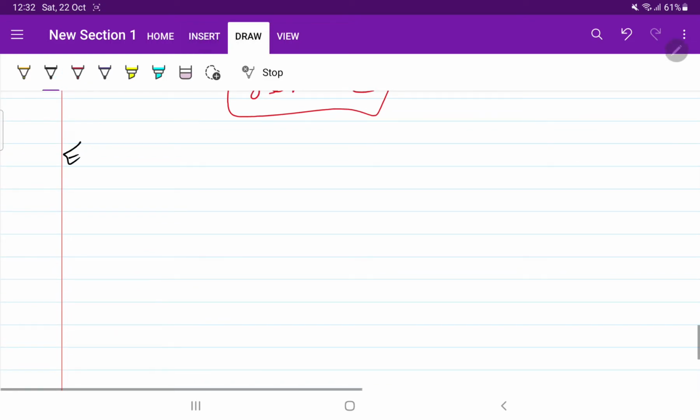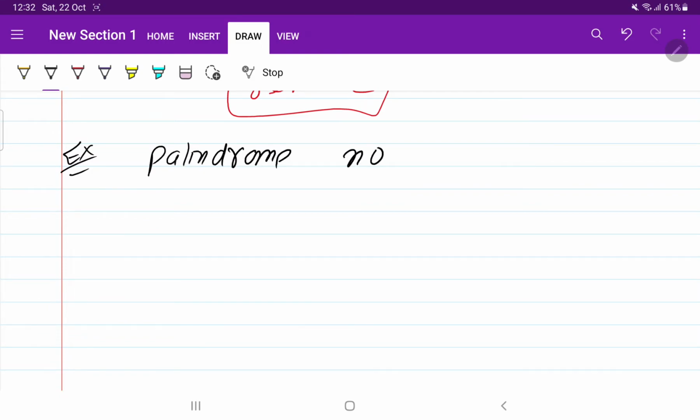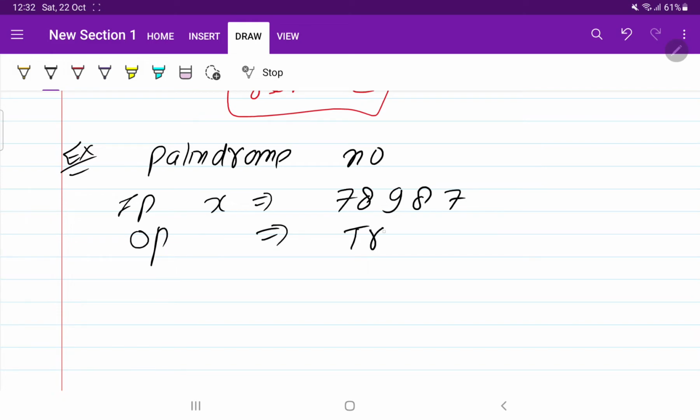Let us try to solve a problem named palindrome number. Everyone must know what a palindrome number is. Palindrome numbers are those numbers which, when we read from the start and from the end, both represent the same thing. So suppose we get this number, what you have to do is return the value true in the output. Why? Because if you start from this side you are going to get the same number, 7, 7, 8, 8, 9.